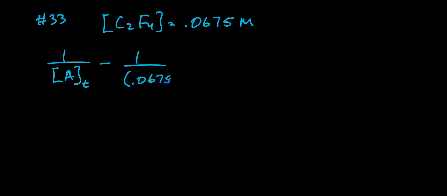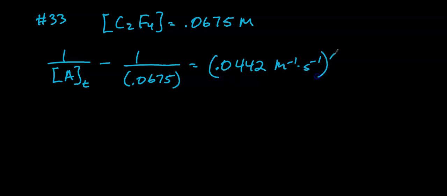So 0.0675. Our rate constant 0.0442 per molar second. And we're going to multiply that by the elapsed time. Now notice something. Look at what it says in the question and look at our units in our rate constant. So the elapsed time is 1 hour, but in our rate constant, the units are seconds. So we need to convert that 1 hour to seconds, which is 60 times 60,